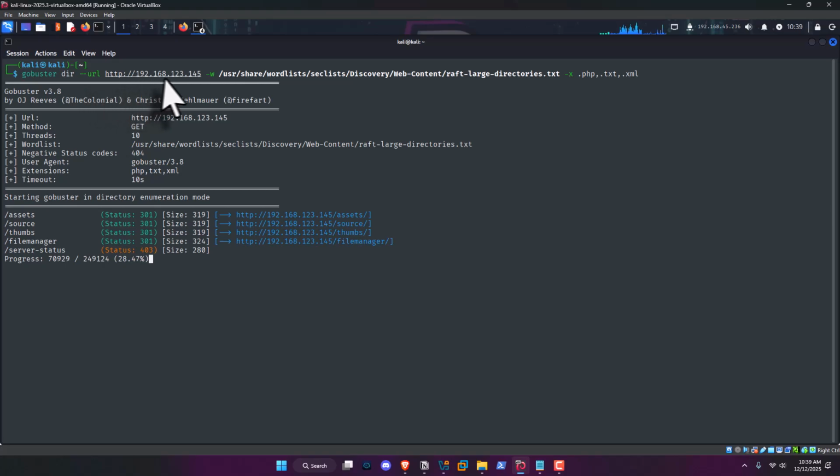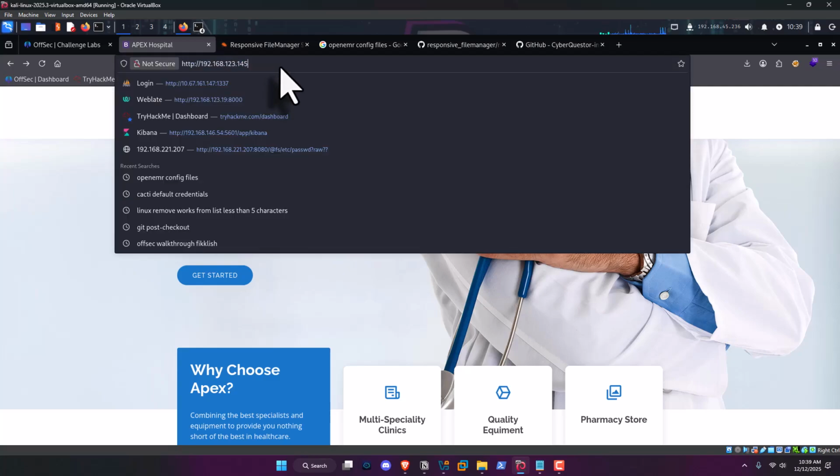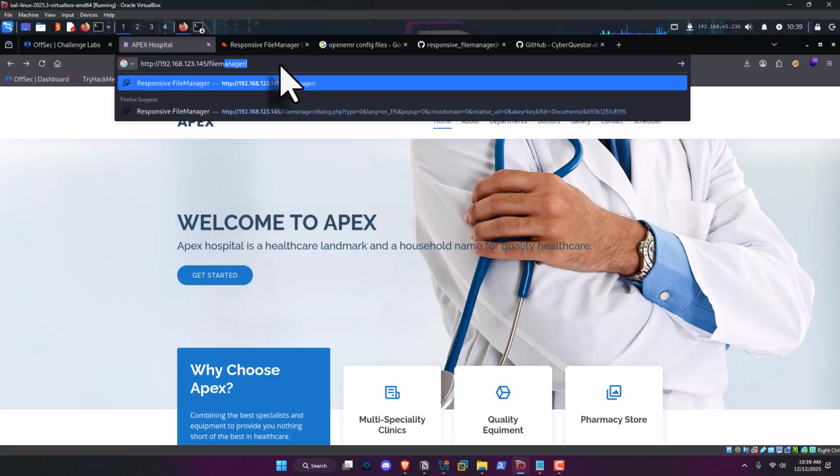I ran it on the IP address with the raft large directories, and I even searched for some files with php, txt and xml. It's still running, but what we need is right here, this file manager. So if we go back to the website and tack file manager on there,